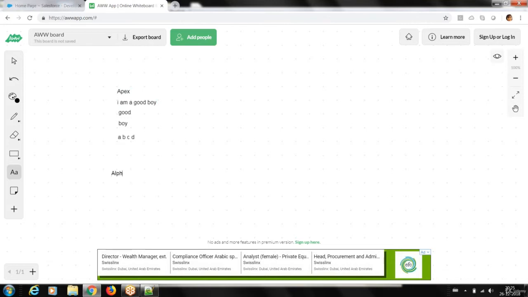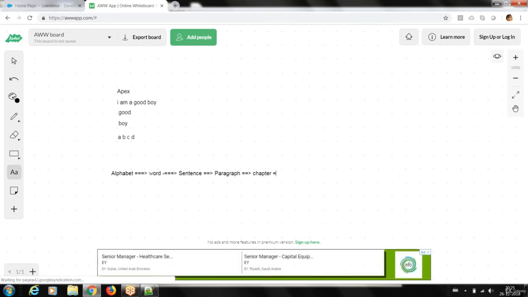What do we learn first? First we learn what is an alphabet. Then we learn how to make words from the alphabets. Then from the words we learn how to build the sentence, from the sentence how to make one paragraph, from the paragraph how to make a chapter, and from the chapter how to make a complete book.